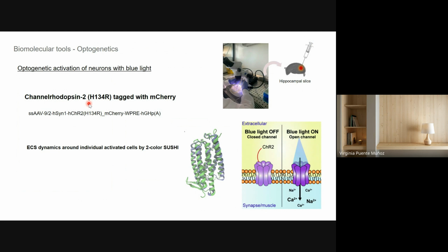more specifically channelopsin 2, which is an enhanced version of the previous one, with improved channel conductance, and it is tagged with mCherry, so that we could combine it with the fluorophore that we normally use for doing shadow imaging. And in this case, this construct is expressed in neurons because it has a promoter specifically designed for being expressed there. So we could